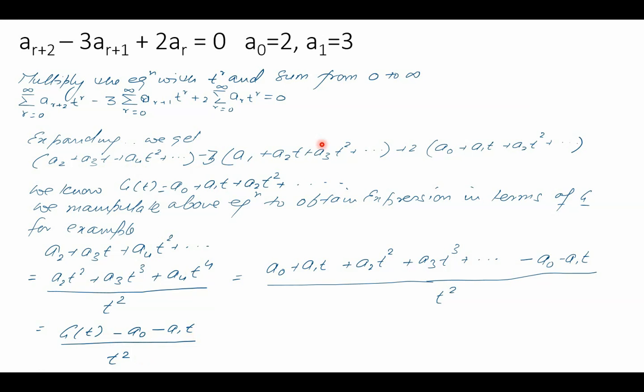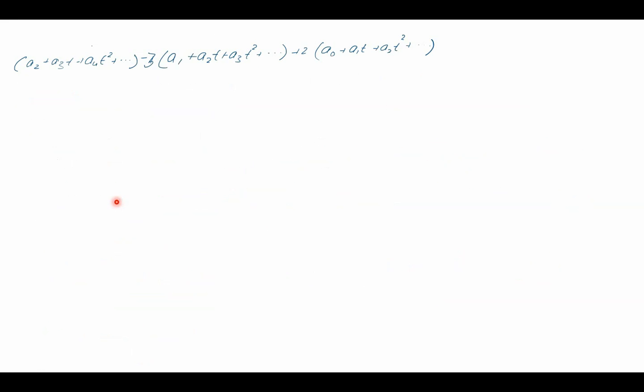Similarly, if I take this expression a1 plus a2t plus a3t square, see, a1 is the coefficient for t over here. So I'll multiply this by t and divide it by t, and as I'm missing a0, I'll add a0 and subtract a0. This is actually the same as my generating function. So the original expression will be converted into g of t minus a0 upon t, and this will be g of t. Now all I have to do is simplify this expression,